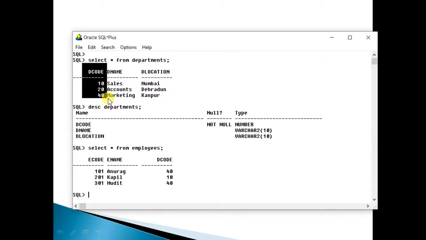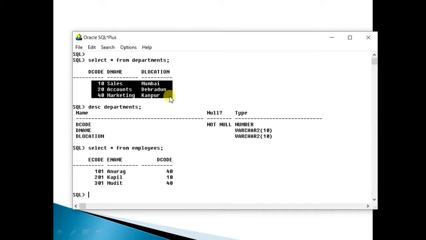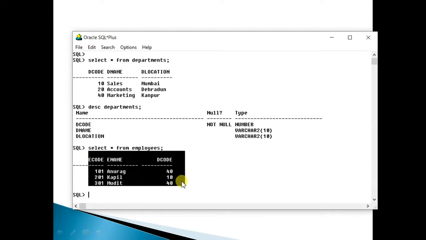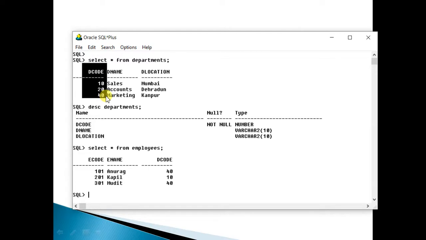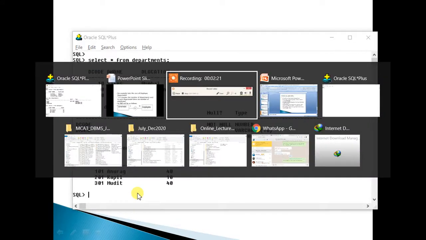No deptcode can come here which is not present in the parent table. If we try to make the department of this employee 80, it will not be allowed because there is no department with the number 80. So this is the benefit of foreign key. You can see this foreign key is in one table and the parent key is in another table. It is not always necessary, and one more thing we saw in the previous example: the spelling of primary key and foreign key columns can also be different. It is not necessary to match.